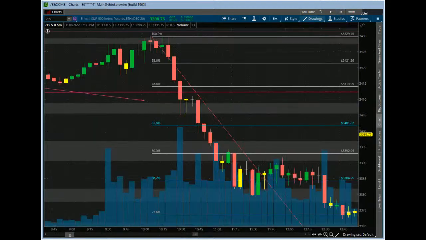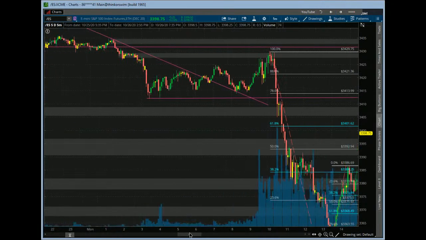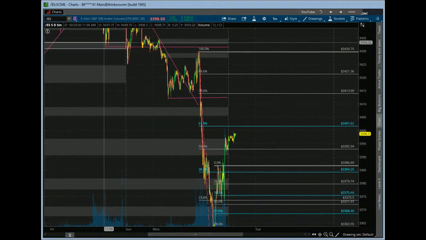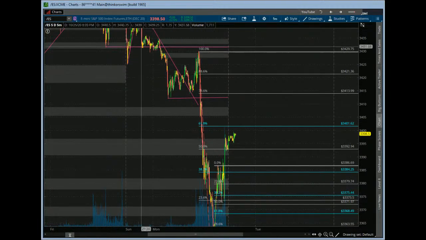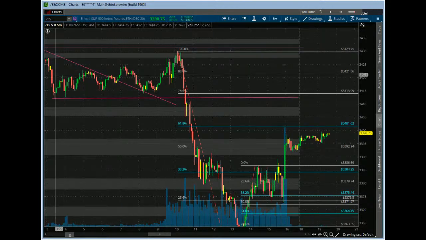But what we were actually kind of pushing this morning, we were thinking that we would fill this gap, right? Because we gapped down below yesterday's low, Friday's low. Let me pull that up for you right here. So you can see Friday's low right here. We had a real gap down, and so it looked like with everybody kind of short overnight after we broke out of this trend line right here, that we might push and fill the gap, but they couldn't quite get there. However, we were in this drop-based drop zone right here,